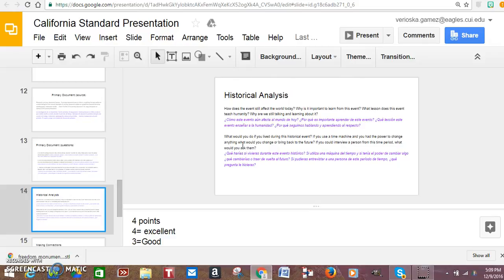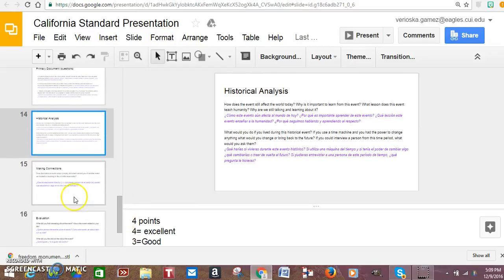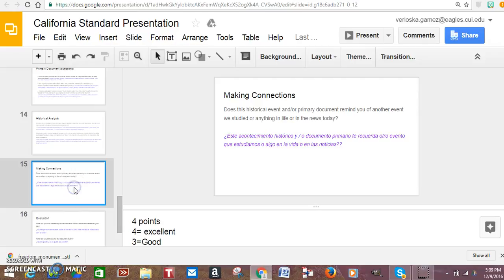And they could also answer, what would you do if you lived through the historical event? If you could go back in a time machine, who would you speak to? What would you bring back? Who would you interview? Of course, as you see, it gets higher in Bloom's taxonomy as they go deeper into